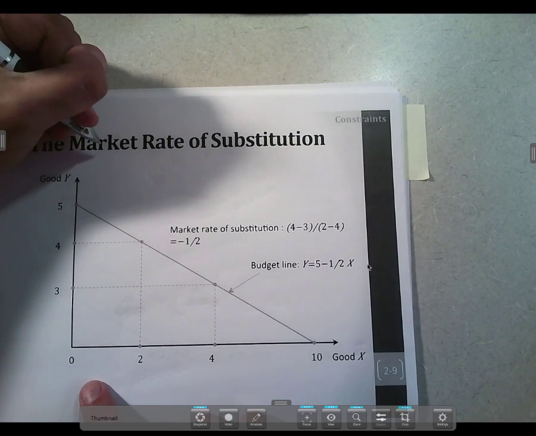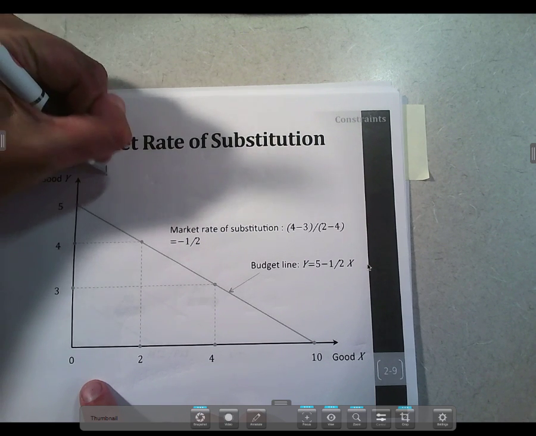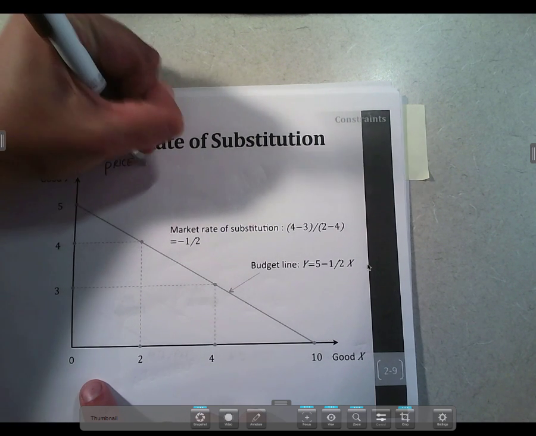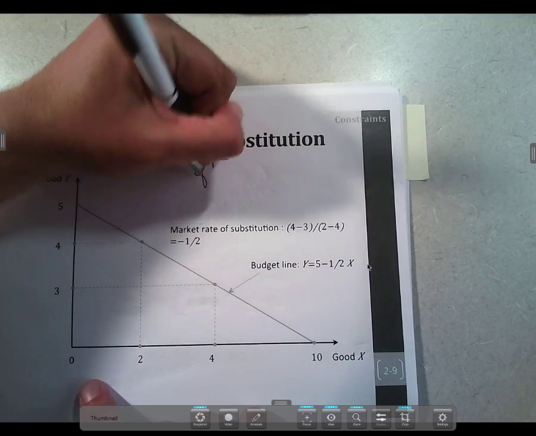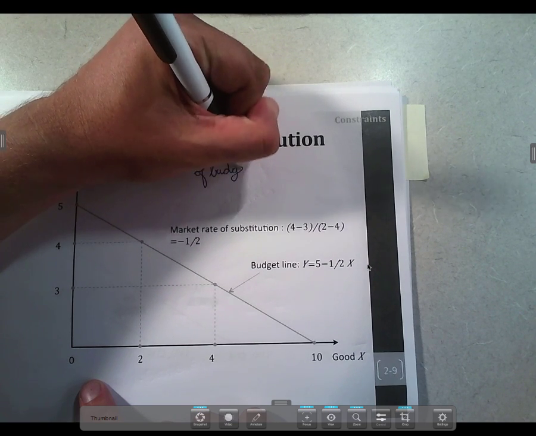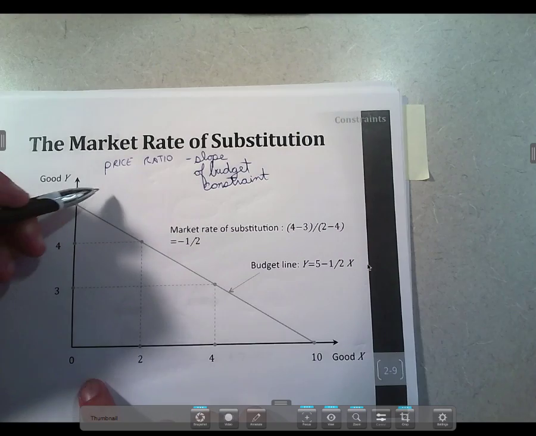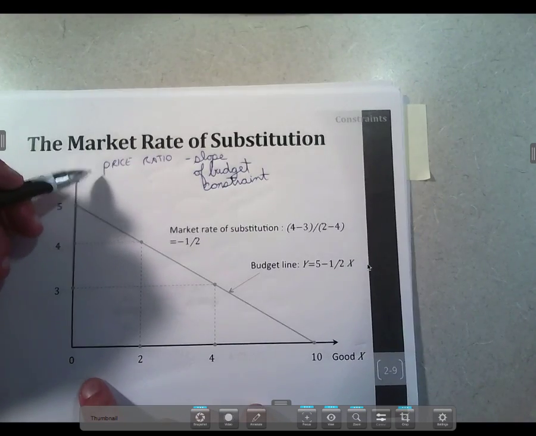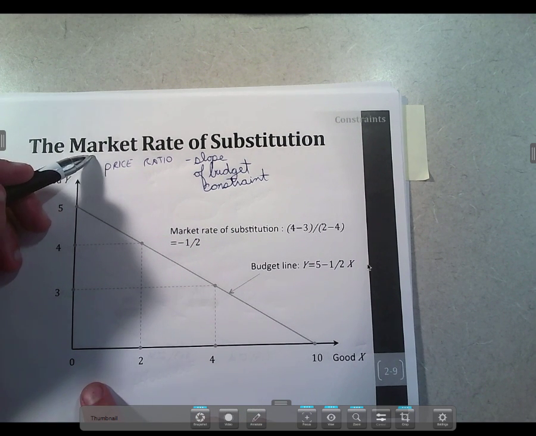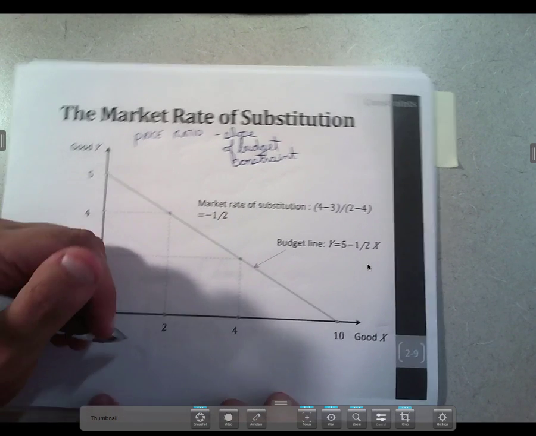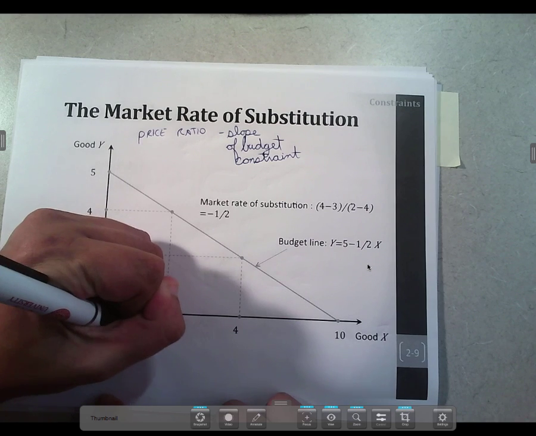I don't know if I really like this market rate of substitution. What it's trying to get at is the slope of the budget constraint. The slope of the budget constraint, I just call it the price ratio because it really is what it is. But I guess we could call it the market rate of substitution because essentially the prices are set by the market. And we're just saying here that if good X, or let's say good Y here, is $9